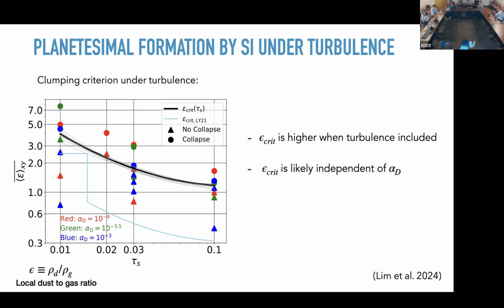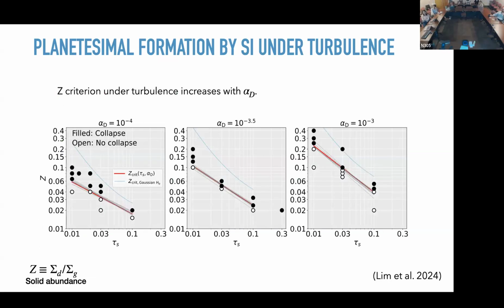But what we actually see from the observations is metallicity, which is vertically integrated, right? So it's the surface density ratio between dust and gas. So they also try to compute that. And so this is a surface density dust-gas ratio as a function of Stokes number. And they tried different alpha, different strength of turbulence, and they see that this criterion is increasing